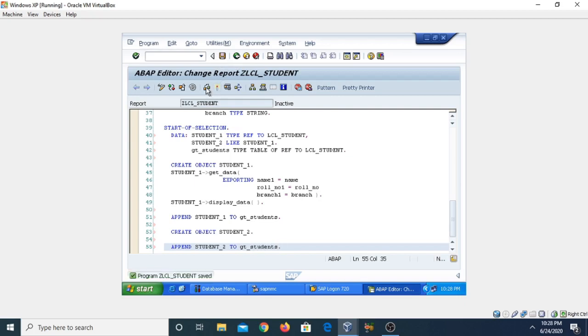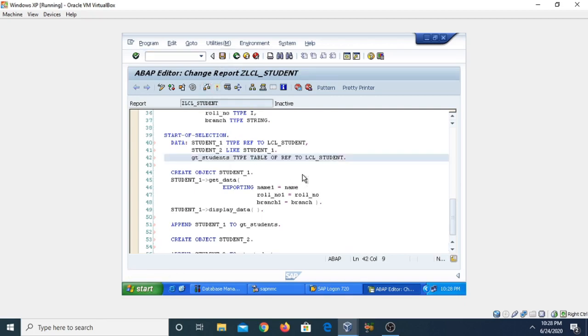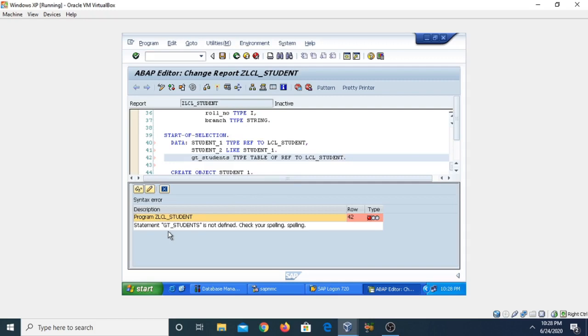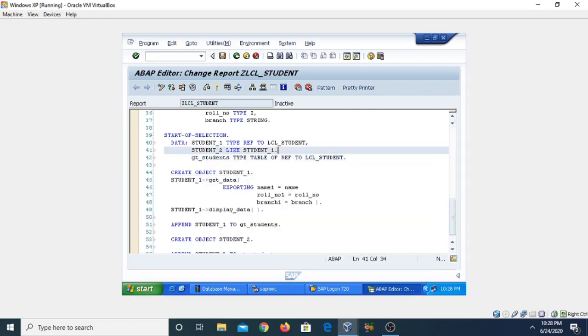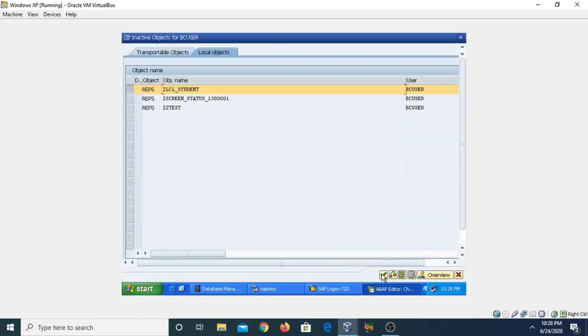Now click on the save button and check for the errors. Now you can see one error we have found, GT underscore student is not defined because we have used here the period. This is a chained statement, so we will use a comma here. Now click on the save button, check for the errors and then activate it.